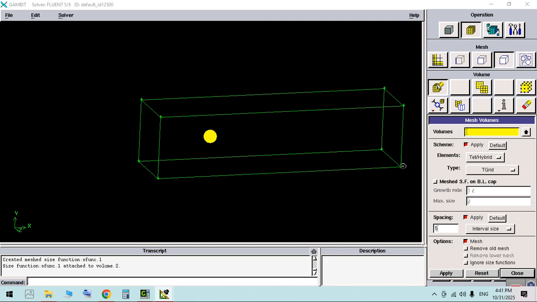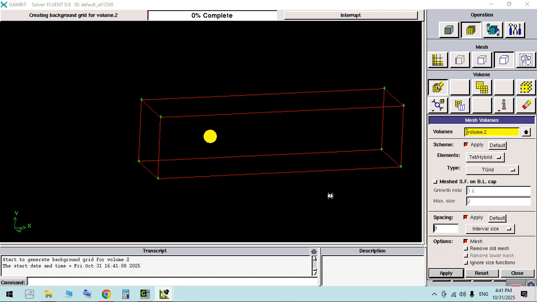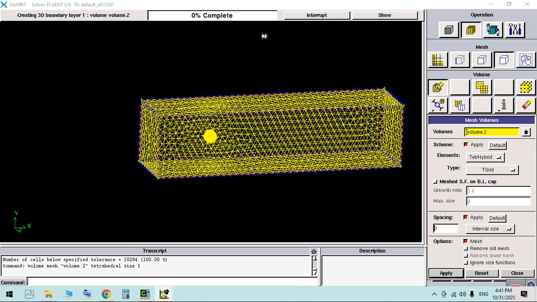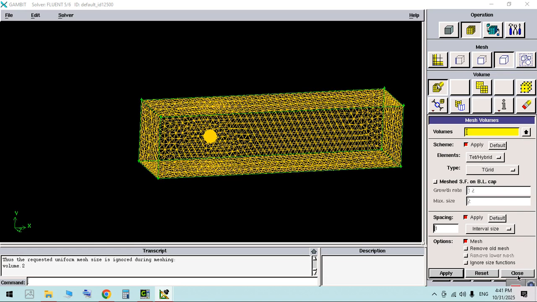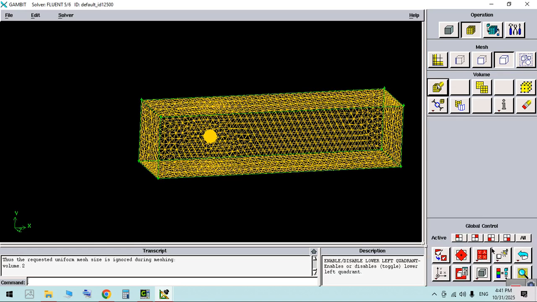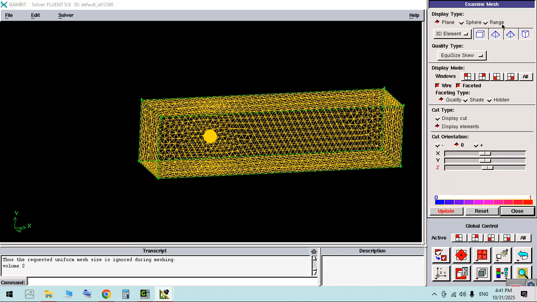again come back to mesh of the volume and select the volume and just apply it, and let's see what's going to be generated. Wait for the program to proceed. Right now we expect the elements to be smaller near the sphere and larger far from it, and the maximum size of the elements would be 10 as we determined in that field. Update it,